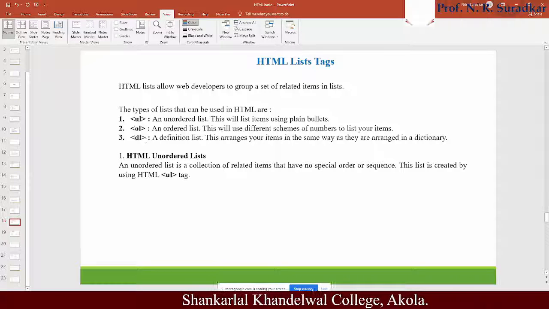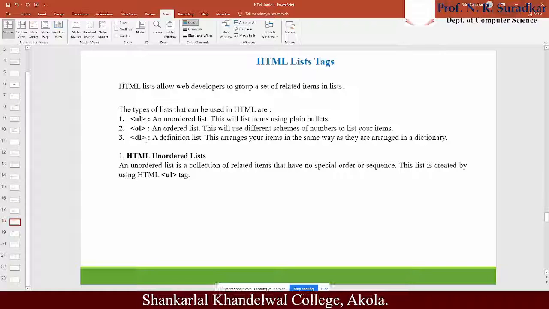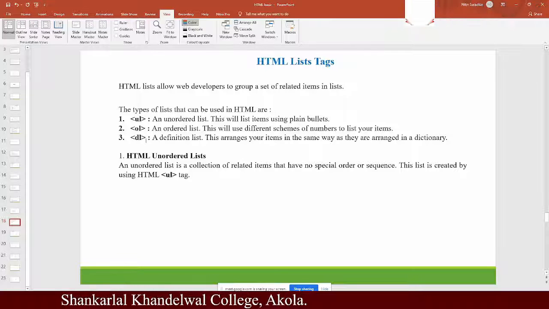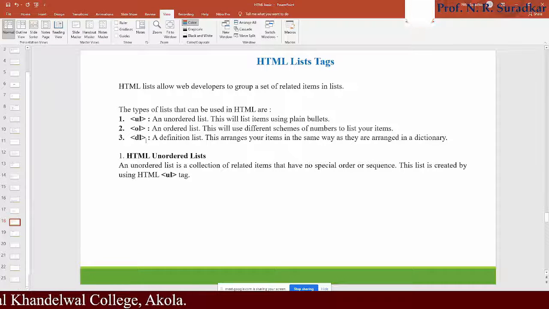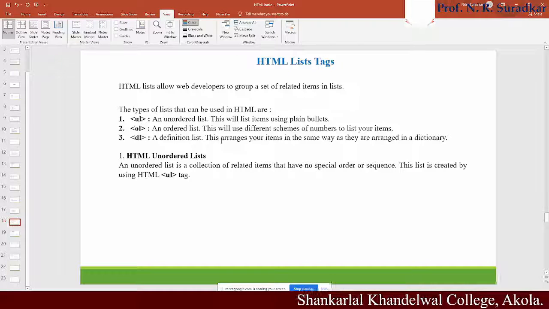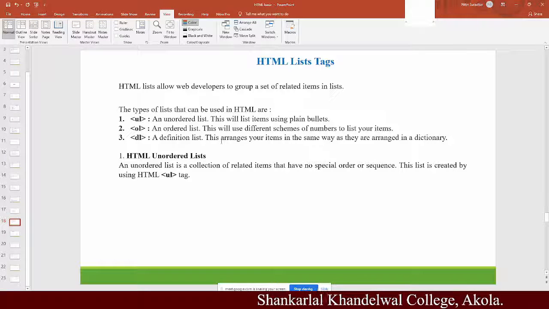Suppose the term is computer, and we use that term, then the related and important information about the term computer can be specified or shown with the help of the DL list tag, which describes all the terms which we introduce into our HTML code. And all that information we show on our web pages.